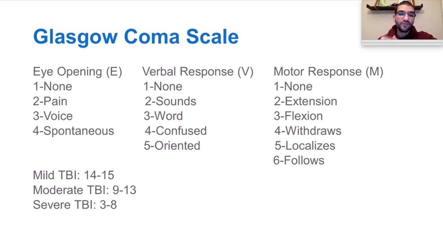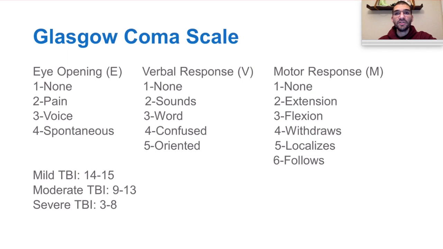For verbal response, just like here, they're completely oriented and having a conversation with you, it would be a score of 5. On the other hand, if essentially they're just moaning and making sounds, they would score a 2. The best motor response would be a 6. If you ask them to lift their arm and they lift it, that would be a 6. On the other hand, if you are pinching them around their chest and they are attempting to reach the chest but they're not actually able to get to it, that would be localizing the pain,